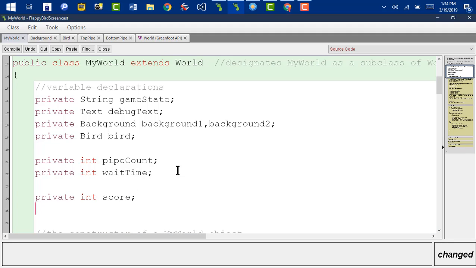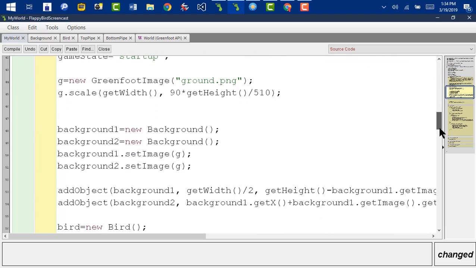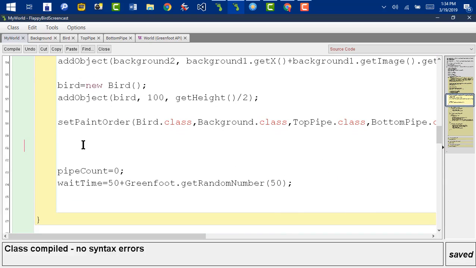and I'm also going to make a text variable called, let's see, show score. Right, and now in my world, in the constructor, I'm going to set the score to be 0,